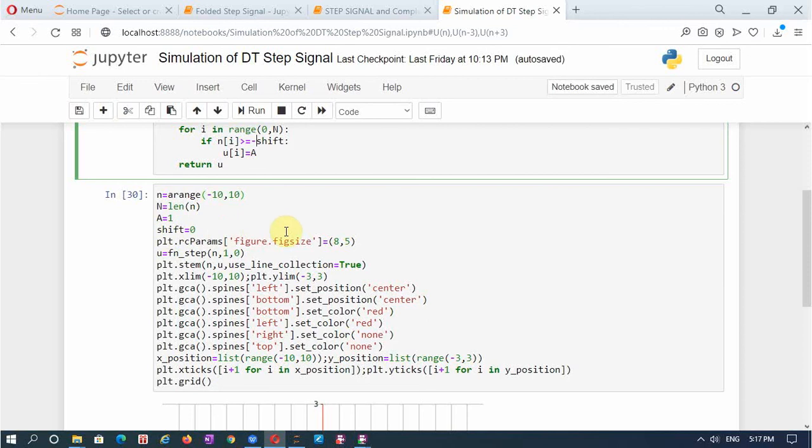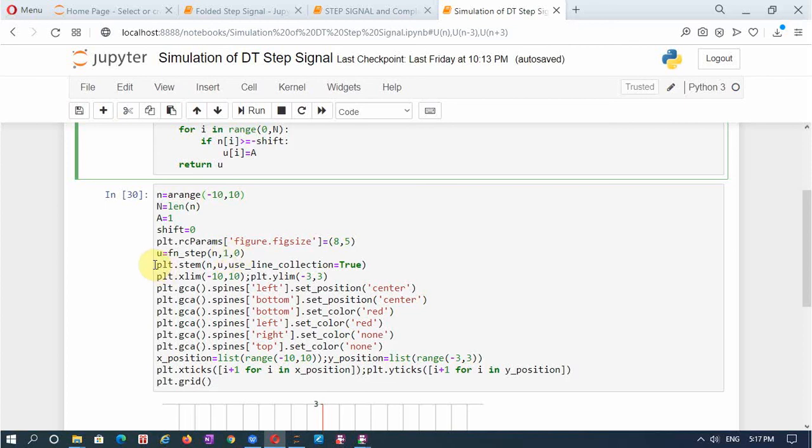Then this line fixes the figure size, and then I call this u and call the function fn underscore step, which will take to the definition of that signal with n as the variable, and for a magnitude I have given 1, for shift I have given 0.